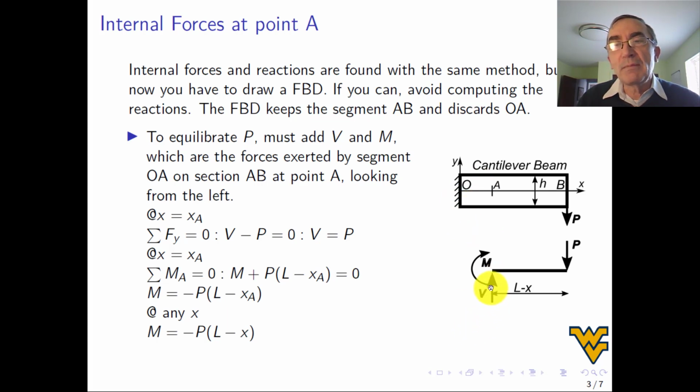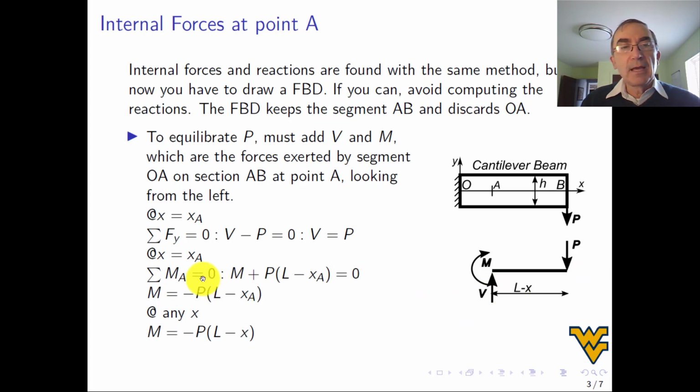Again, the internal forces I pick, in principle you could pick whatever direction you want, all right? But it's best if I use the convention that eventually will become the convention for bending moment and shear force diagrams, which will be like this, okay? All right, so then once I have that, I do the same as before, summation of forces in the y direction, at x_A, that means at this point, and then I have V minus P equal to 0, so V is equal to P.